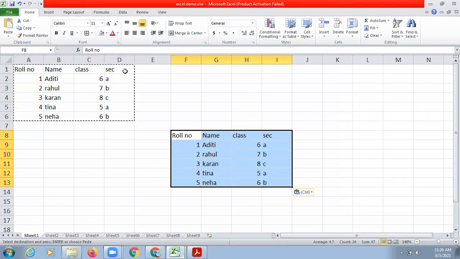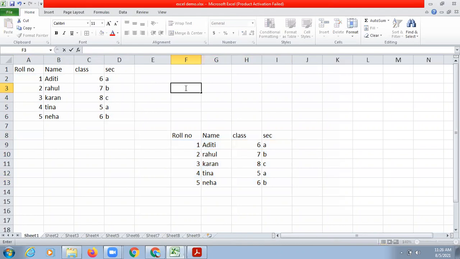But still, this dotted border is around the cells, so if you want to remove this dotted border, you can double click on any of the cells. So now we have copied this data somewhere else, and the same data is available twice. It is at the previous position also, and now it is at the new location also. This is called copying.